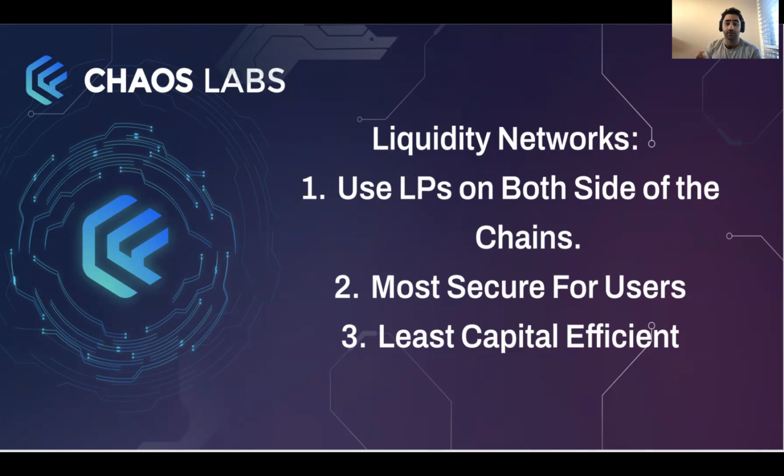It's secure from the perspective that for users, if something happens to the bridge, you're not completely wrecked, because after you've received the native asset on the corresponding chain, you have the asset. So theoretically, you haven't lost everything. It's not some synthetic asset which can be burned in a way that is out of your control. That provides some security and assurance for users, who just need to get past the initial swap between chains. Again, because it requires real capital on both sides, and we're not making representations of the assets in the form of synthetic assets, it's the least capital efficient.